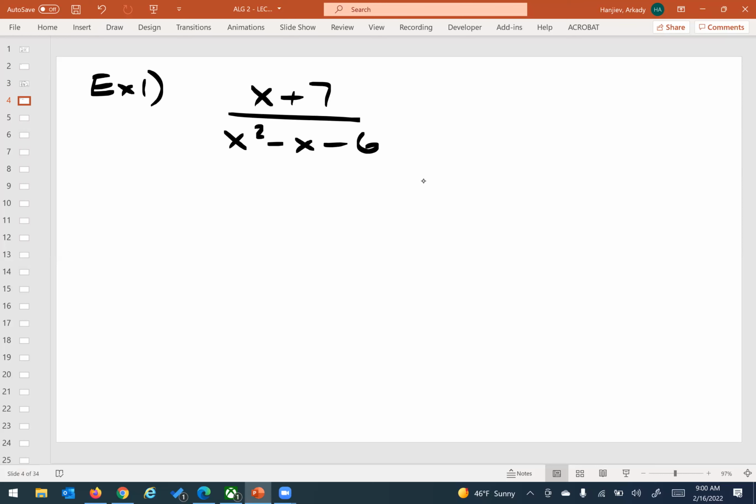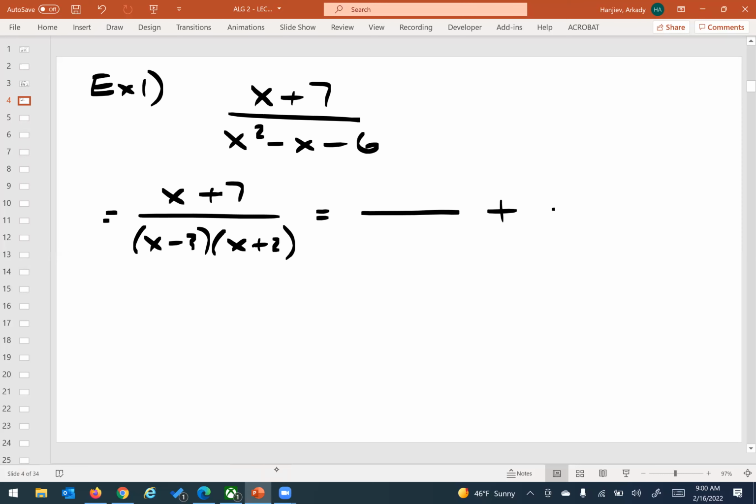Right. So first things first, I'm going to factor the bottom. Do the exact opposite of what we're doing here. Tell me if you guys agree. This is the same thing as: top numerator stays the same, but the bottom is x minus 3, x plus 2. True? Cool, cool. And if that's true, that means somehow